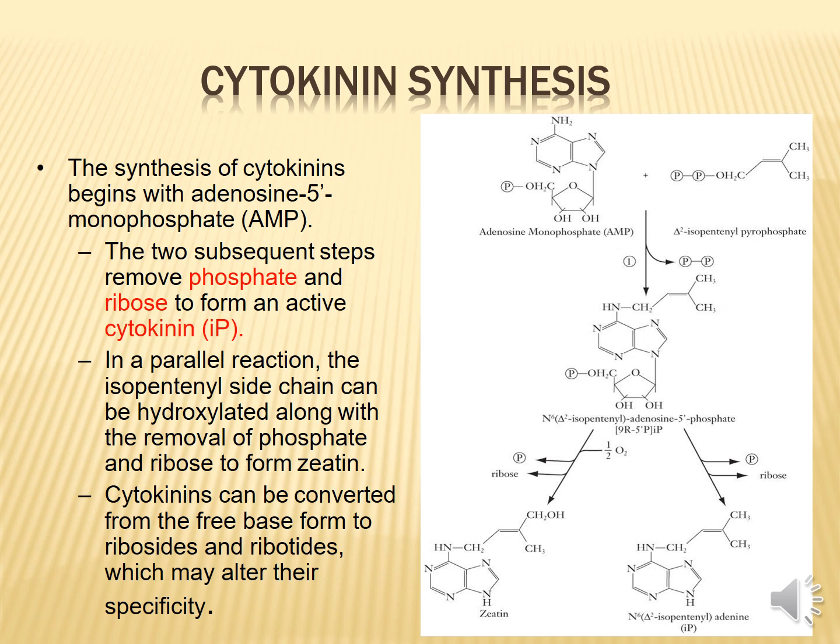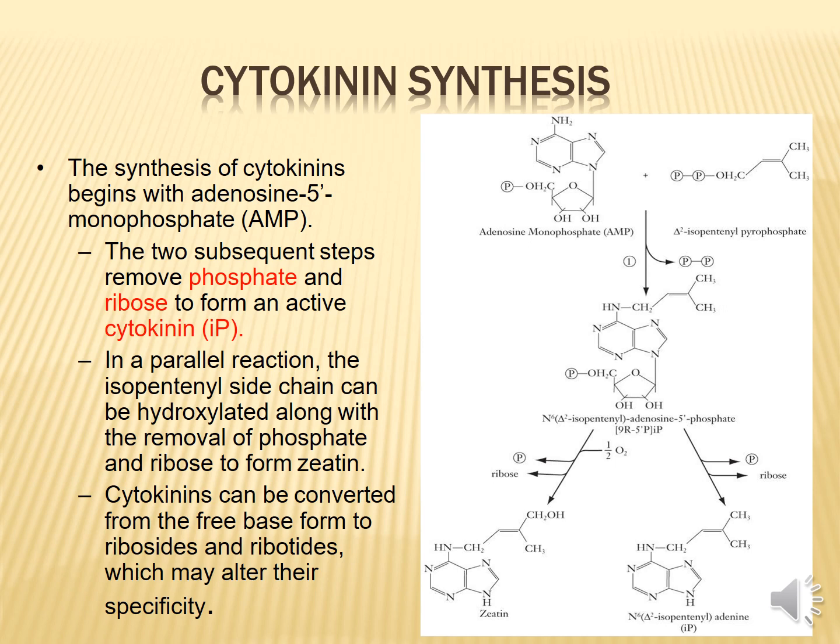First step is to remove the phosphate group, and second step is to remove the ribose. Okay, so please look clearly. Every step is different. First is to remove phosphate. Second one is to remove the ribose sugar. So you can see AMP, remove phosphate, remove the ribose, they produce the IP, which is